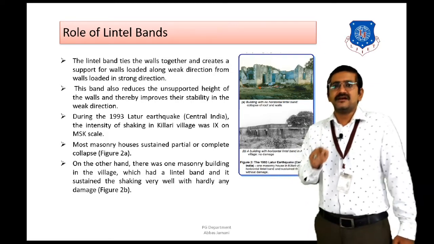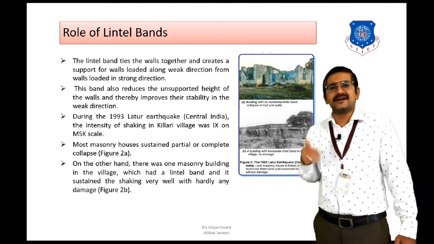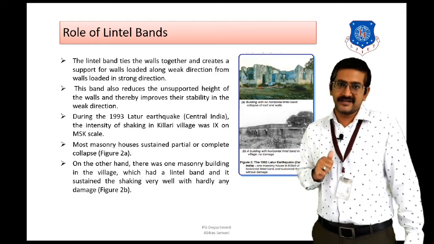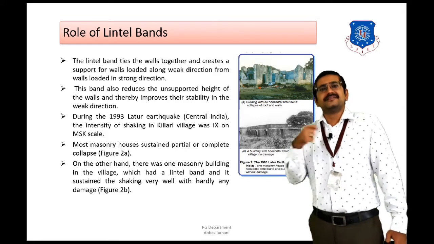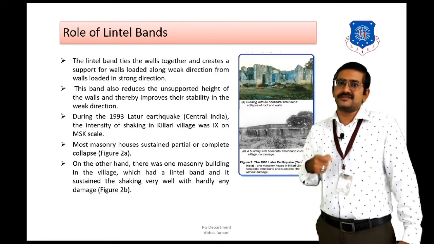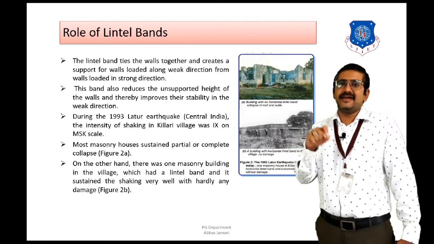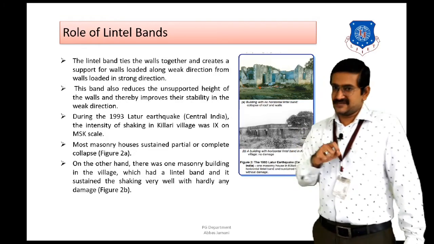Why? Because when force is applied in one direction, for one type of wall, it will be a strong direction. For the other type of wall, it will be a weak direction. So whichever type of wall is going to be in the weak direction, that particular wall will be supported by means of the strong direction wall, and as a result of that, this particular action is going to be acting as a box unit, and it will be able to transfer the horizontal forces safely, right?